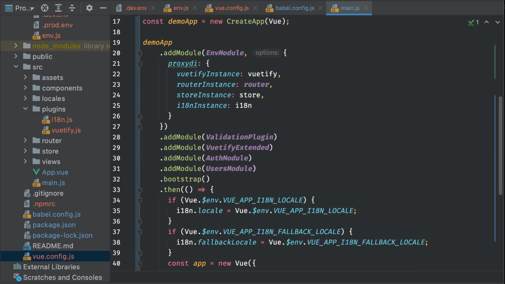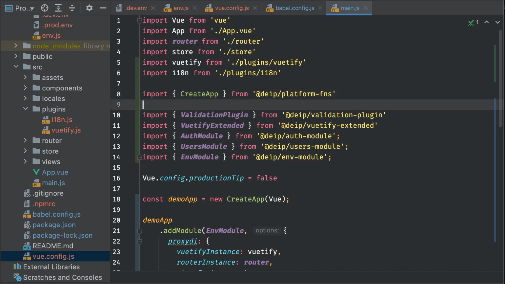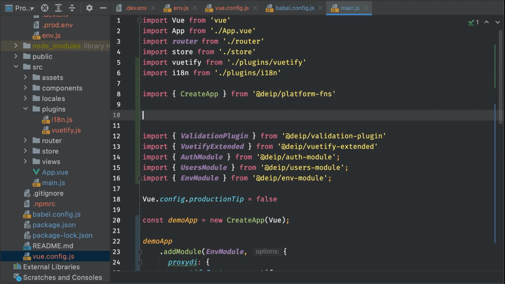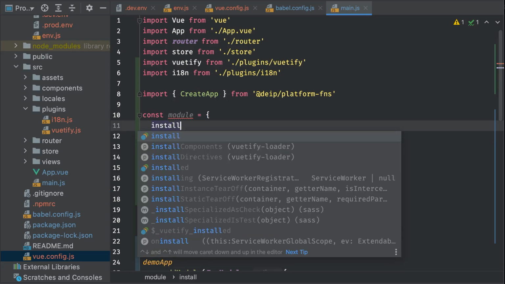Now, let's take a look at how it works in more detail. Create App class is a kind of application initializer. Since modules are essentially plugins for Vue, their installation and initialization are performed synchronously. That means we can add modules in arbitrary order, ignoring their dependencies on other modules while bootstrapping. The Vue plugin itself is just an object with the install function that allows us to easily extend the object for our needs. As a result, the base object of a module has the following members: